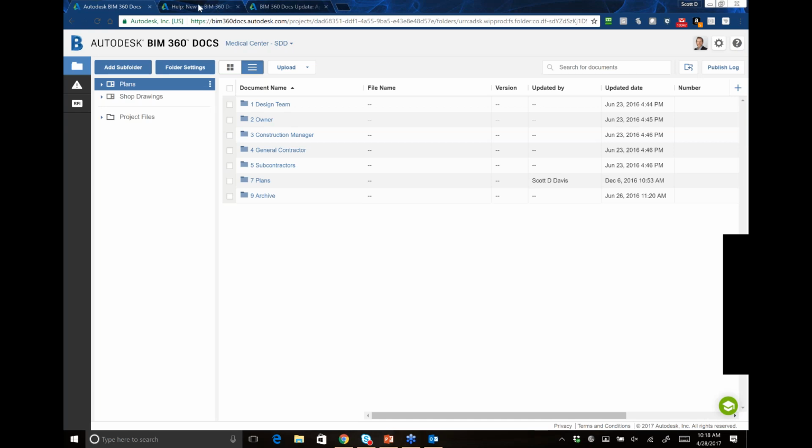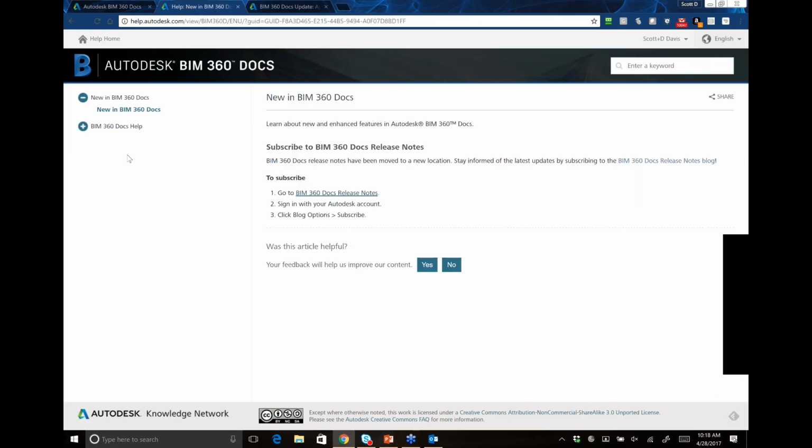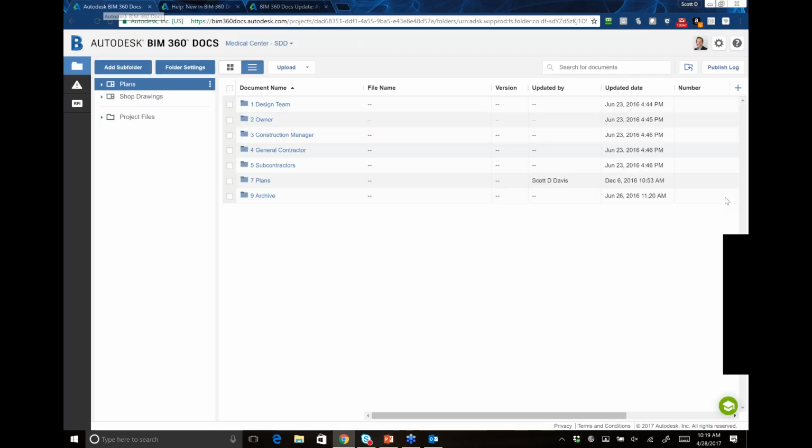And in fact, I already brought it up. It's over here. So this is all of our BIM 360 Docs and our help and our what's new. And we're going to go explore that here in just a moment as well. And then just to keep moving around the screen here briefly, we've got down in the bottom corner this kind